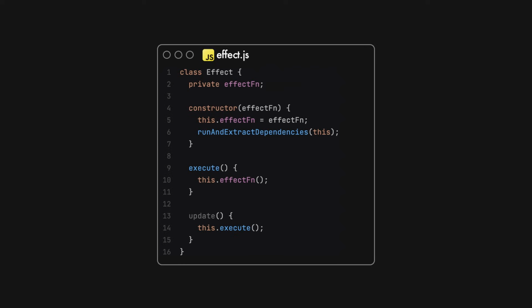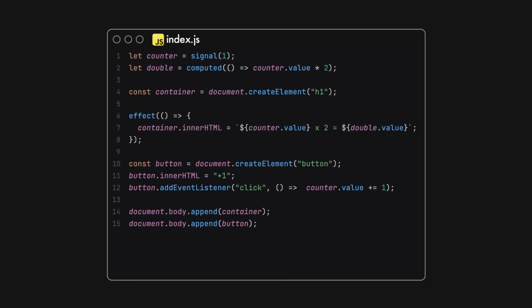Finally, the effect class follows the same ideas we already went through. The dependencies are executed, and whenever the associated signals change, the effect function is rerun. Of course, in the real world, a proper signal implementation will be more complex, with fail-safes and better dependency management, but these few lines should give you an idea about the core concepts.